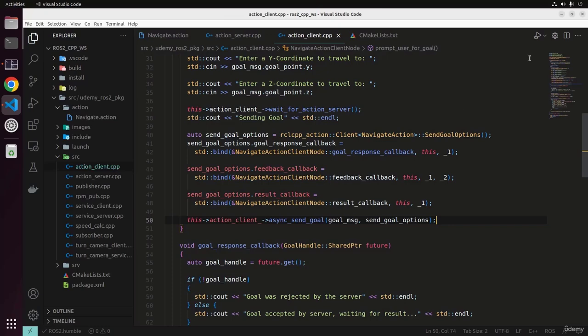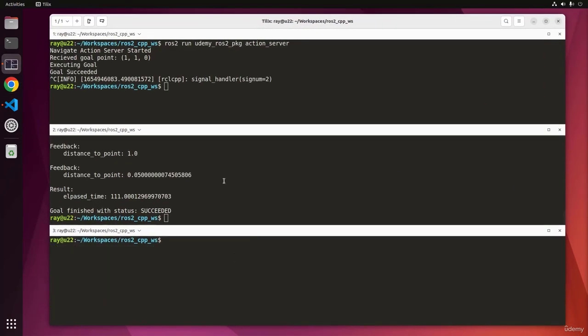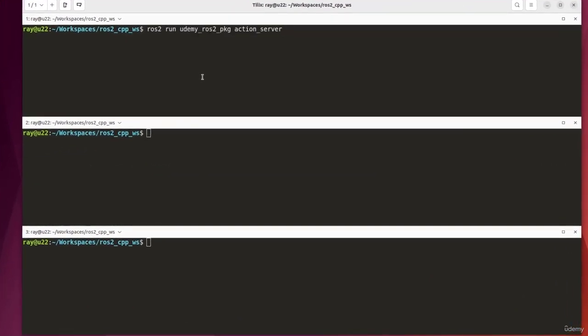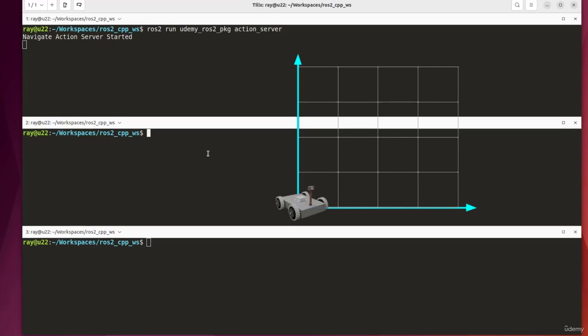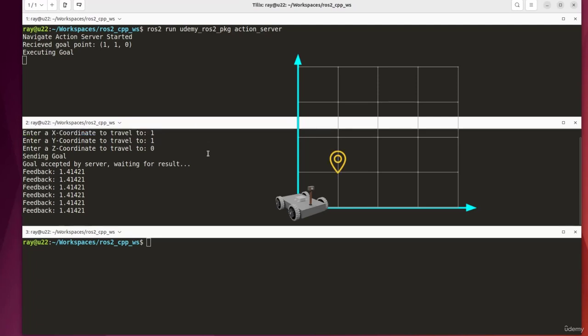So I'll go ahead and close this and head over to our terminal. Go ahead and clear some of these screens. And first off, I will start our action server. Then I can go ahead in the second terminal tab and call the action client node. And here we get prompted for the X value, so I'll just put in 1, then hit enter. Then I will do 1 for Y, and I'll do 0 for Z. So we see our goal got accepted by the server,